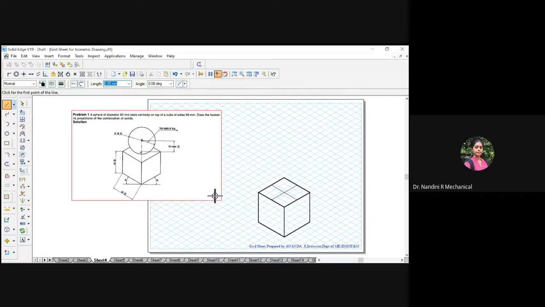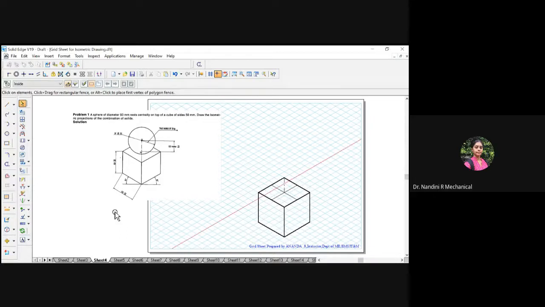You have to show the center, and hence I will go for center line pattern. From the center, I'll count 2.5 units. So this is 2.5 units exactly. Now we have identified the center through which the circle has to be drawn. To draw the sphere, we need to take the true radius of the 50 mm diameter.